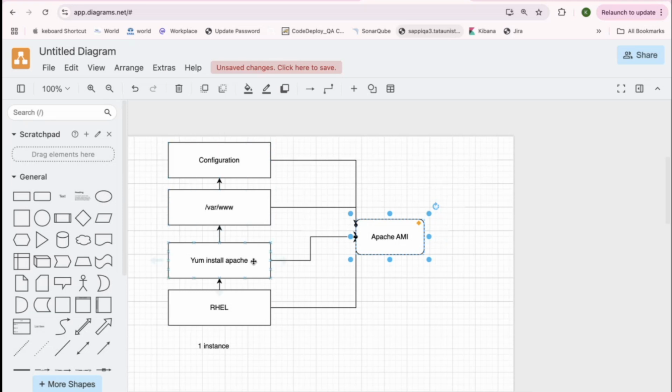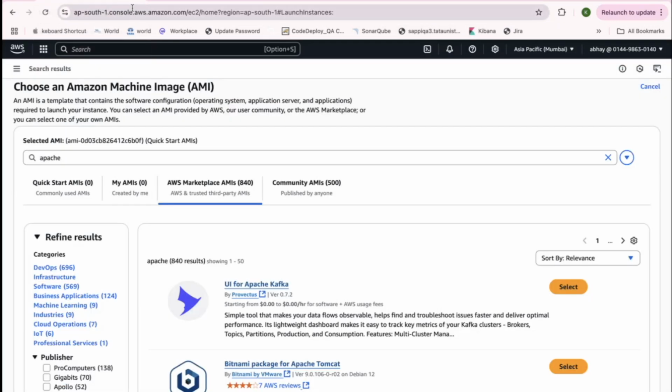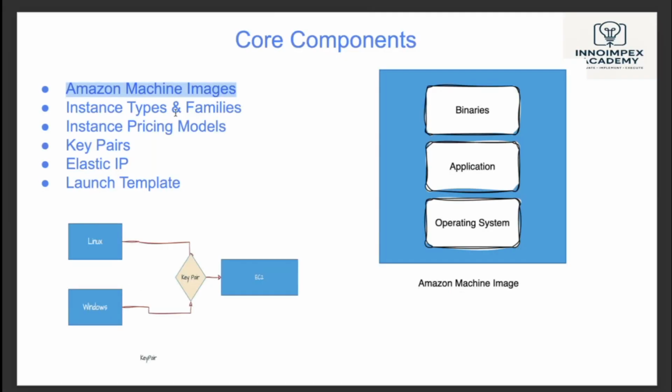Now my question to you guys is, what is the benefit of AMI? If you understood it. If anyone did not understand, ask me and I will explain again. It's a bundle basically, rather than doing repeated steps one by one.